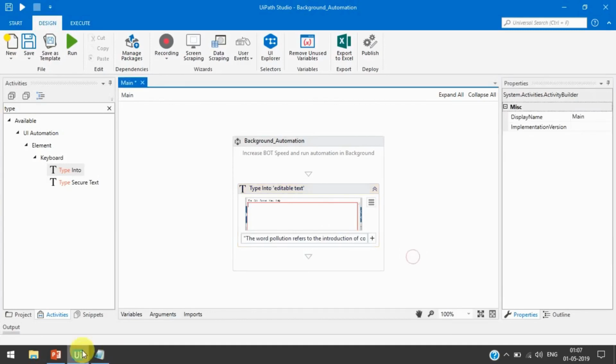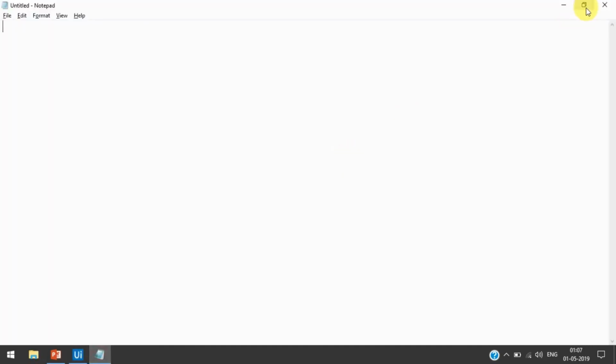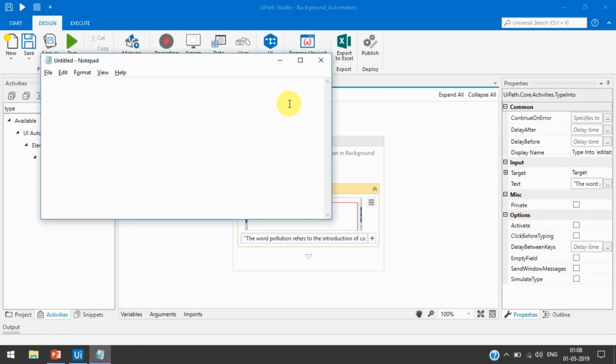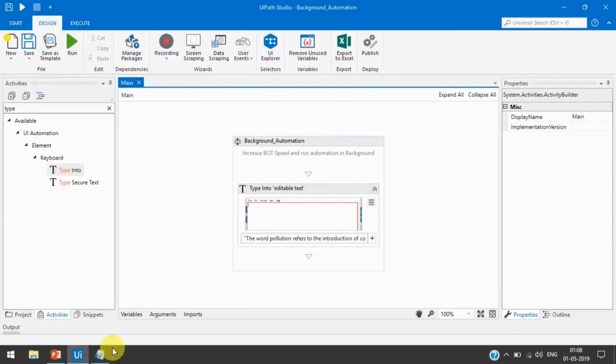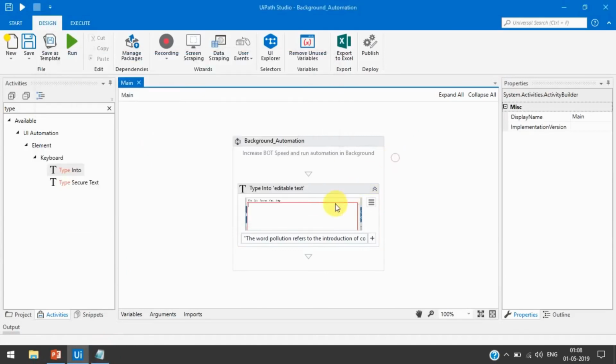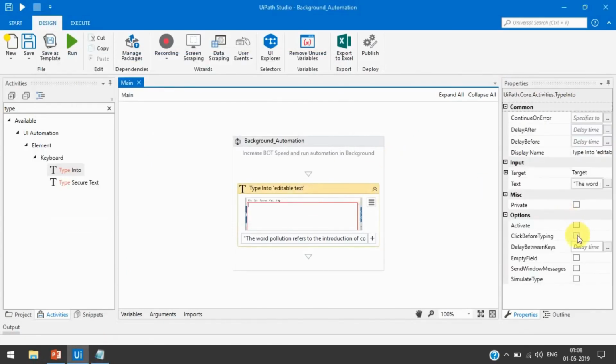And now I'm going to keep this open. If we run with the default method, then we will have to use activate or click before typing, because if we do not use click before typing, then it will not be able to find this notepad and not be able to write here. So for that we have to use click before typing for the default method, or we can use activate also, right?